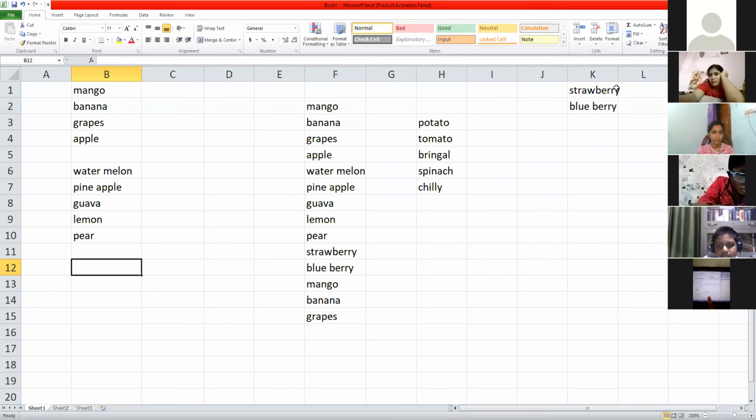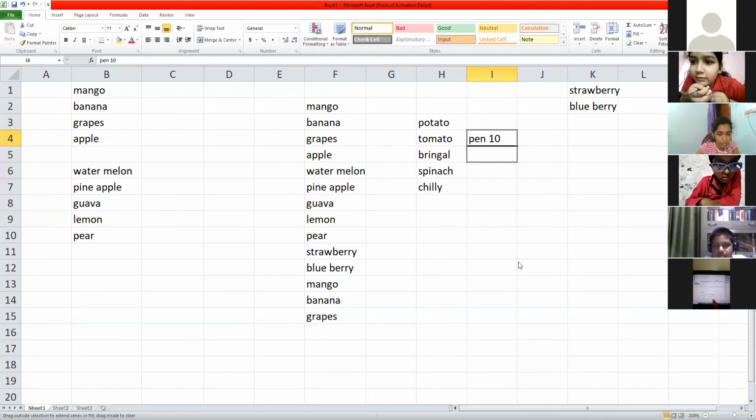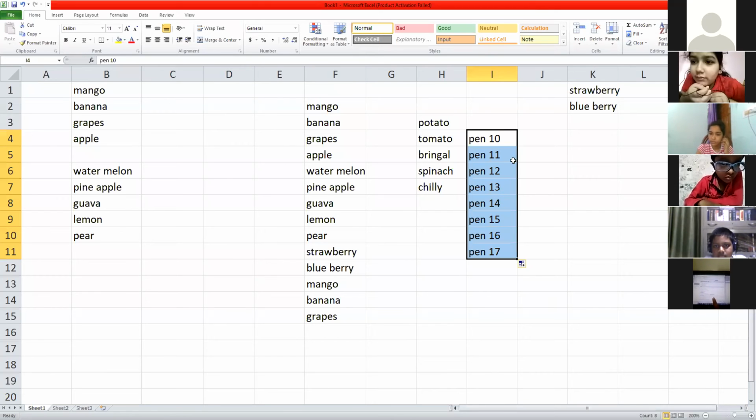Yes, Anushka? Miss, can we delete the list one item at a time, or is the full list only deleted at once? Full list is only deleted. That pen one is there. What have I written there? Pen 10 I have written. Yesterday we created this. Now if I am dragging, it's not happening. Why is it 11, 12, 13? Because it is taking it as a number, that is why it is in ascending order. But yesterday we wrote pen, pencil and all. That is not coming because that list has been deleted.